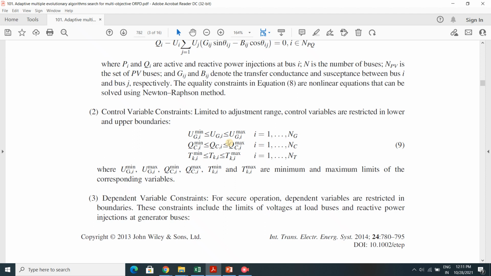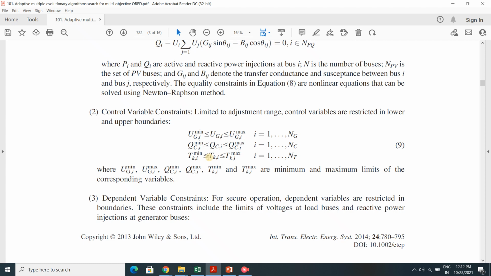Now, suppose you have a capacitor bank. The capacitor bank has a capacity of, say, it can operate not less than 10 MVAr and not more than 30 MVAr. So there is a limit, because you have a capacitor bank of specified limit. So you cannot take a capacitor capacity of 40 MVAr. No, that result is not correct, because a 30 MVAr capacitor bank cannot produce 40 MVAr reactive power. So there is also a constraint.